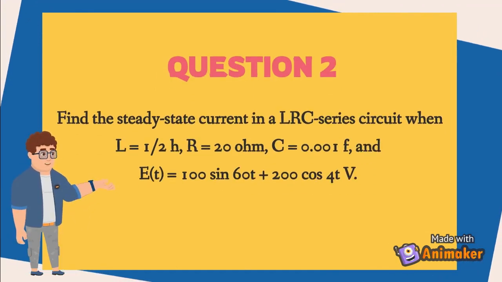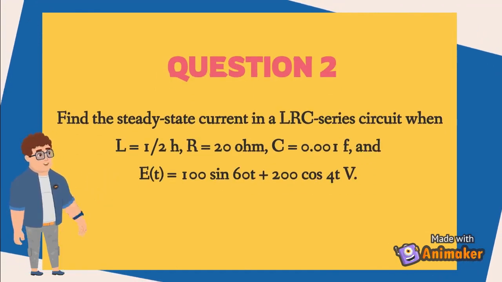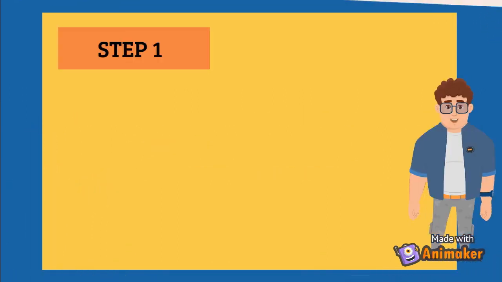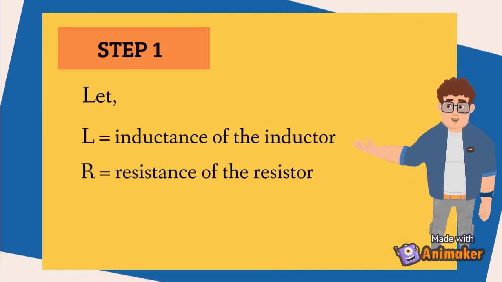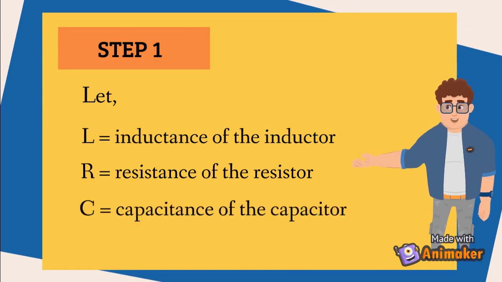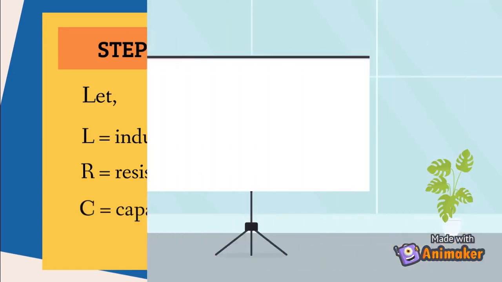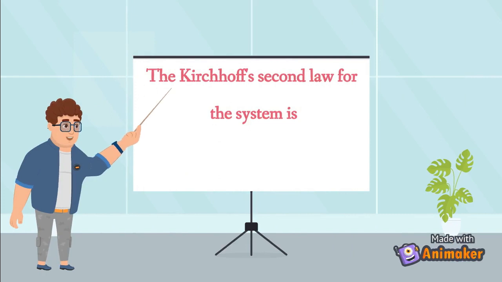We need to find the steady state current in an LRC series circuit with the information given. Step 1. Let L be the inductance of the inductor. Let R be the resistance of the resistor. And let C be the capacitance of the capacitor. Kirchhoff's second law for the system is,